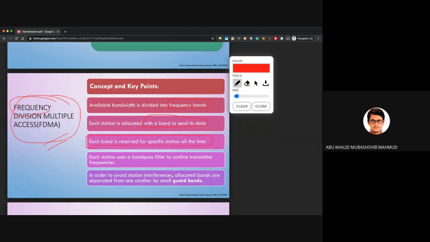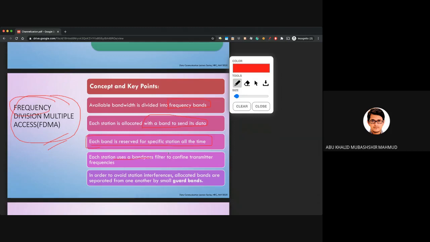That is, for example, if I say you can reach me at my phone number, then it is reserved for my phone number only. If you call me and find another person other than me to answer the call, it will not be possible. So that is somewhat like this.